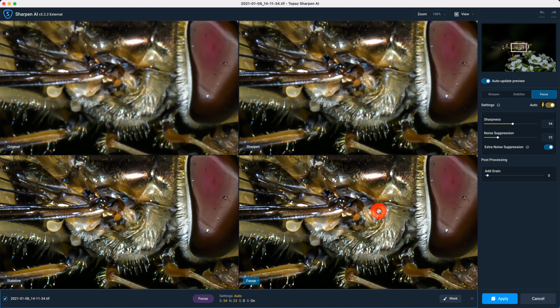And most of the time this would be correct. We have auto update for previews and the auto mode on, which is why the suggestion. Now if you notice, you have sharpness and noise suppression, and you will have similar options in denoise and gigapixel as well.